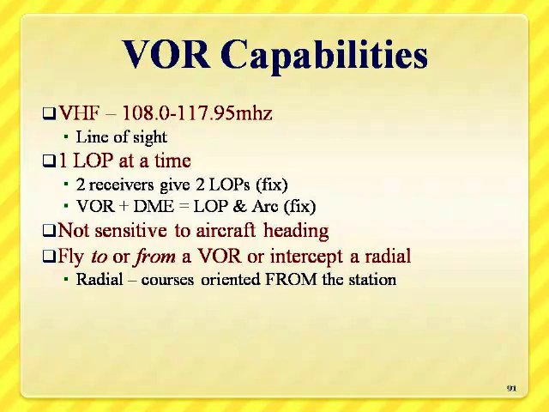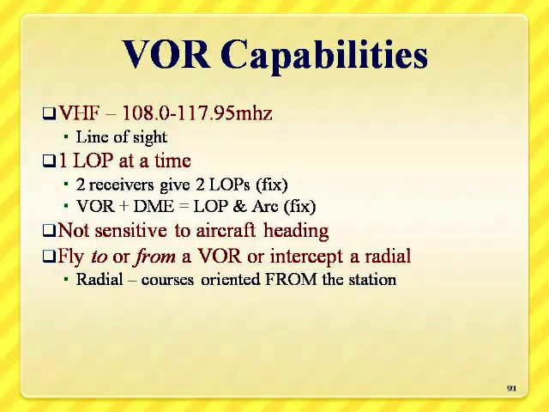So it operates in the line of sight propagation system. So it can always take up one LOP at a time. So two receivers give two LOPs by which you can fix the point. So the two LOPs are obtained from VOR and another one from DME. And it is not sensitive to aircraft heading, and flight to or from a VOR or intercept a radial indicates